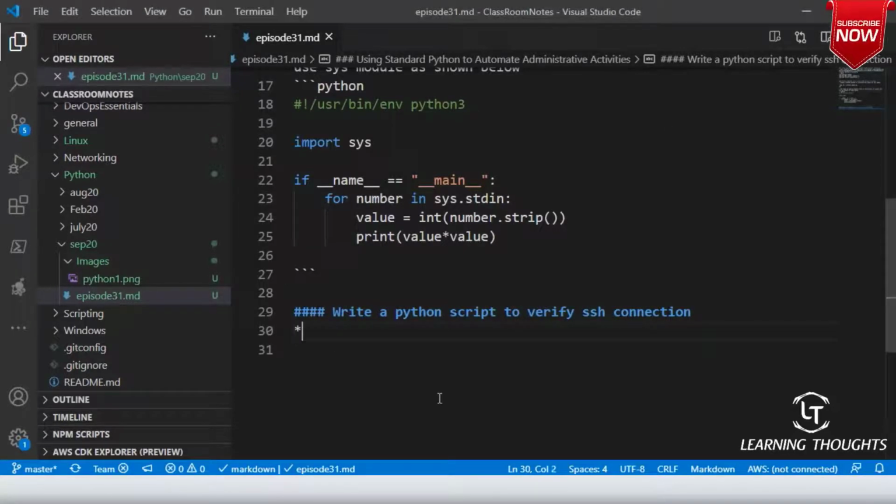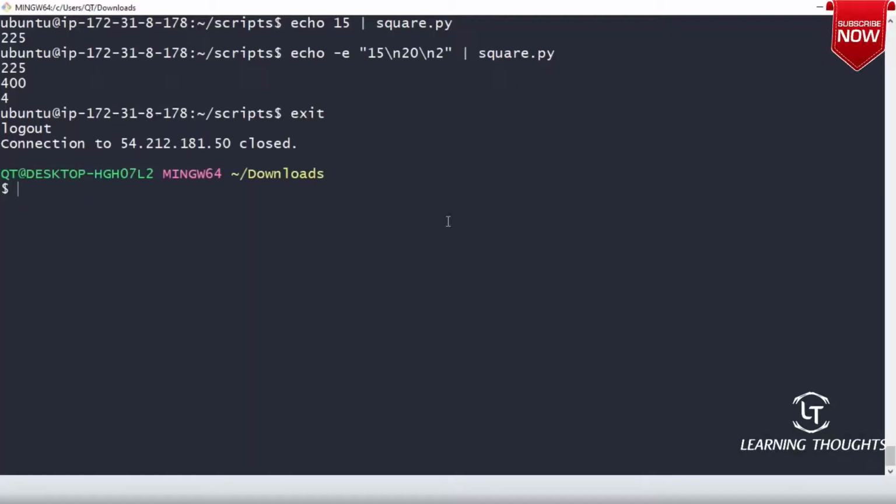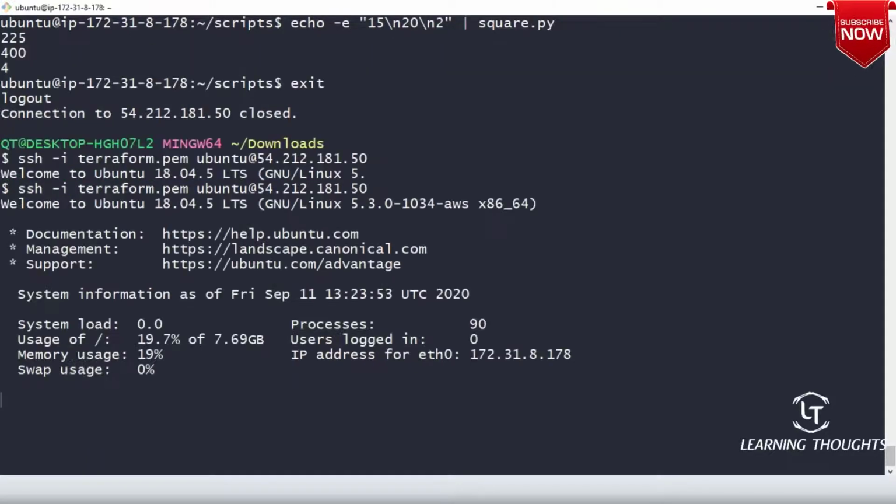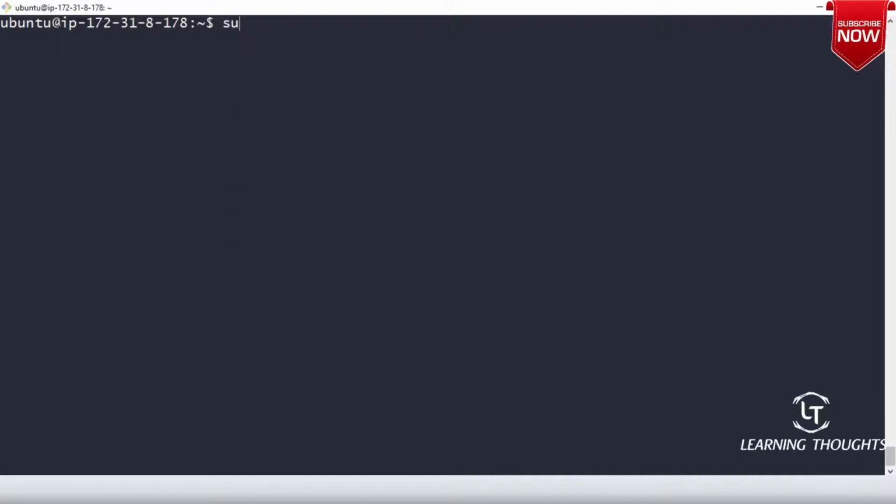Now, initially, we will be trying to do this in a different way. I'll quickly make some small changes in the Ubuntu machine which I've created. Let me log in to this machine. If you want to understand what they are, you need to look into my Linux videos.